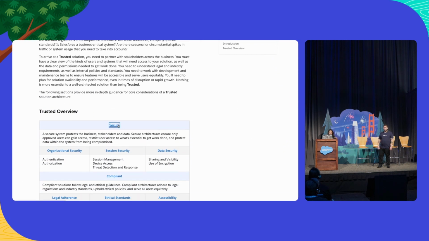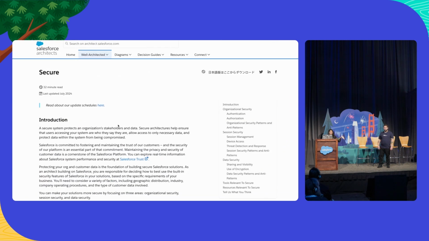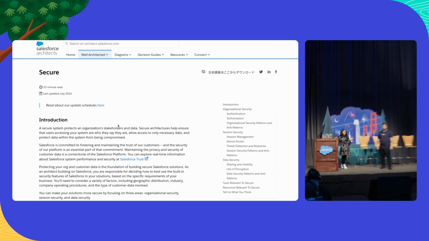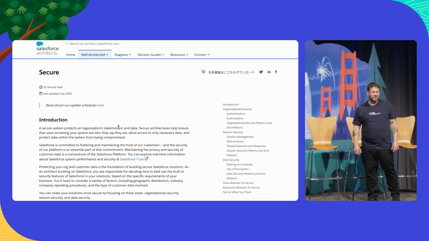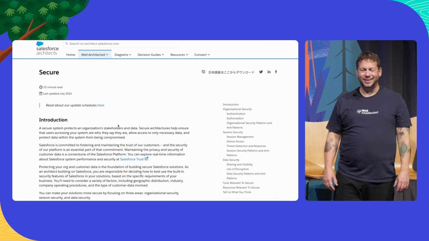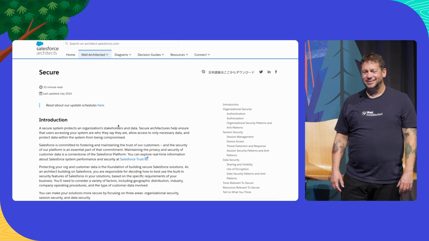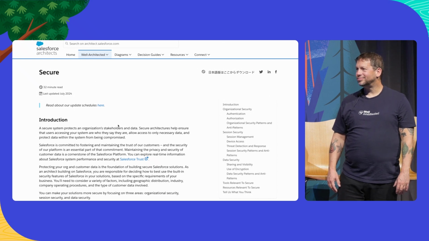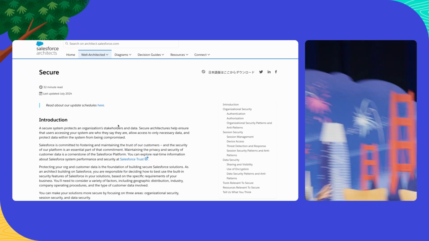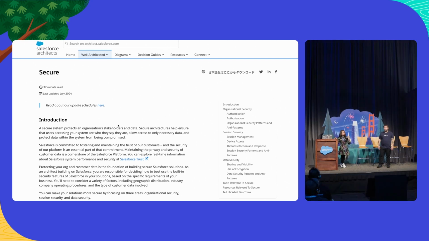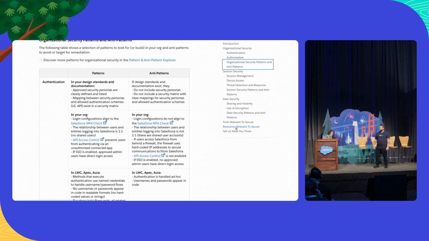So if I go into security, for example, this Secure white paper is great for sharing with your most technical stakeholders at your company. No Trailhead characters here. It is decidedly a different tone. It's a more technical tone, appropriate for when you need to share an idea. You don't want to have to start from scratch and type it up. You can share these technical white papers with the folks who need to get on the same page as you. But as Tom mentioned, these patterns and anti-patterns used to live buried in the bottom of these white papers and took a little while to find,